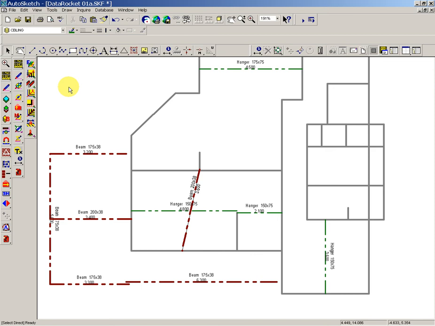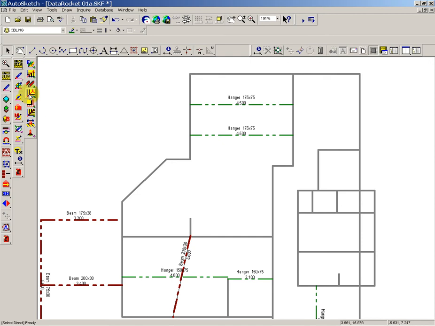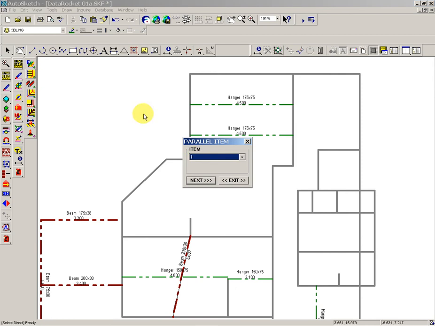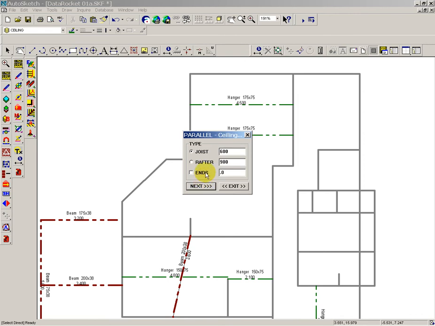We'll now look at inserting the ceiling joists. We're going to use the parallel command. So we use this command for rafters, ceiling joists, bearers, floor joists, anything where we've got parallel lines for our entities. Item, I'm going to change this to ceiling joist, hit the letter C, next, and it's asking us for